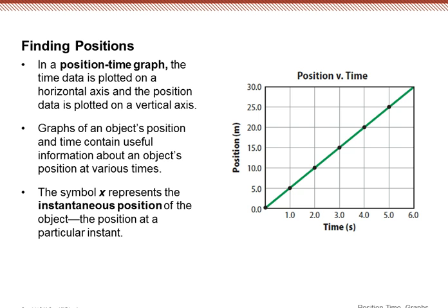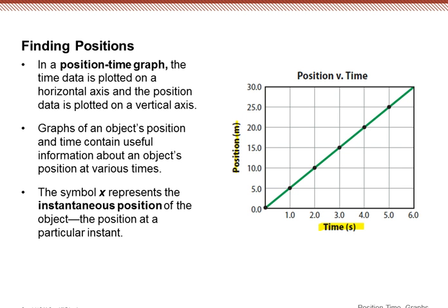So when finding a position in a position versus time graph, the time data is plotted on the horizontal axis, and that's typically how we want to write it. Especially when we say position versus time, that means y, or vertical, versus x. And so we put the time on the horizontal axis and we put the position on the vertical axis. When we graph an object's position,